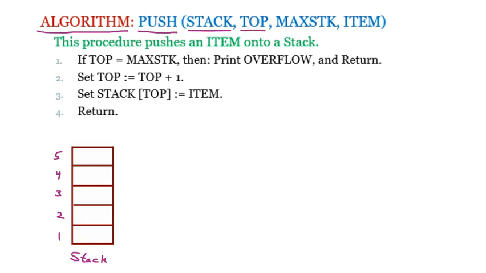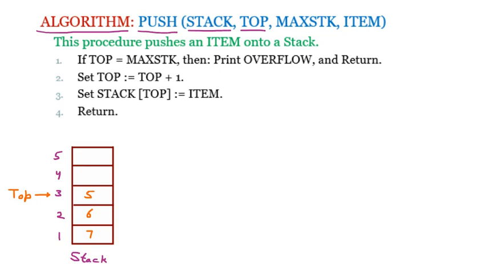That is very interesting. Top is the pointer which is pointing to the maximum element which is placed. Let us suppose we have some elements in the stack. Suppose we have inserted 7, then 6, then 5. Now top will be pointing to the top element. So here top is pointing to 3, which means at the 3 index we have the element. Above the top we have the free space. So that is called the top.